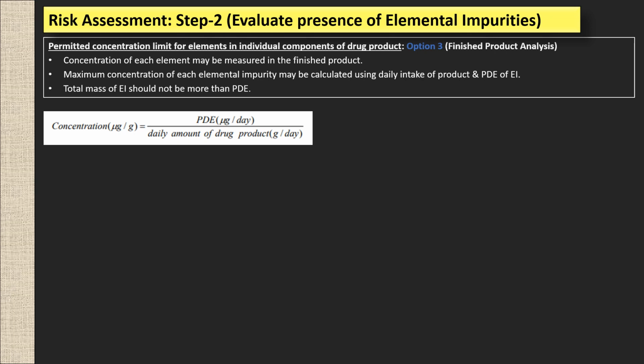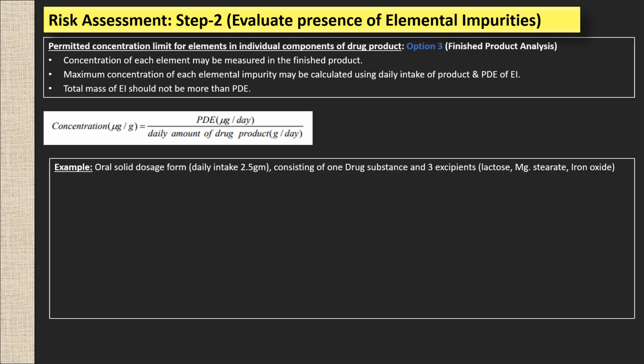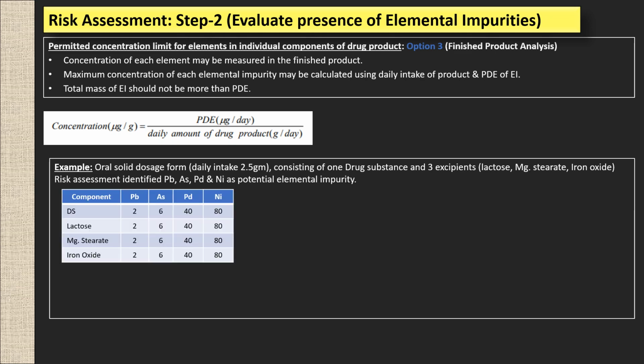If we see the formula, it is again the same formula for this drug product, that is PDE in microgram per day upon the daily amount of drug product in gram per day. For example, for option 3, that is finished product analysis, if we consider the same example of daily intake of 2.5 gram consisting of the same excipients and the same elemental impurities, if we see, the values that are obtained